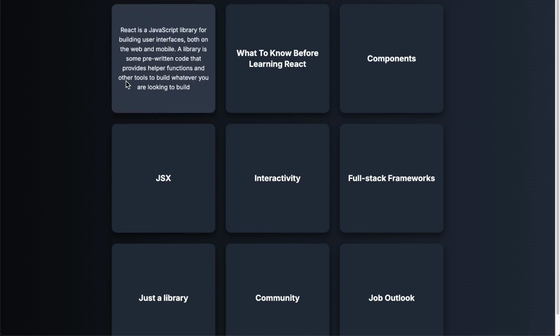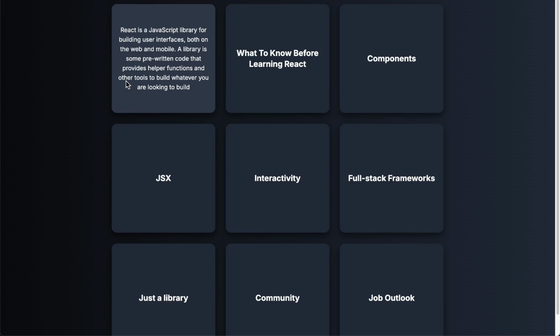React is a JavaScript library, so it uses JavaScript, and you also use JavaScript within React, where you can build what the user sees on a web page or even on mobile using React Native. And you do that through using some of the pre-written code and structures that come from this React.js library.